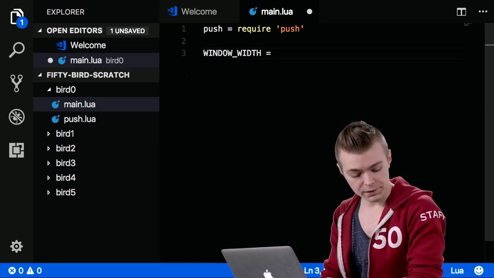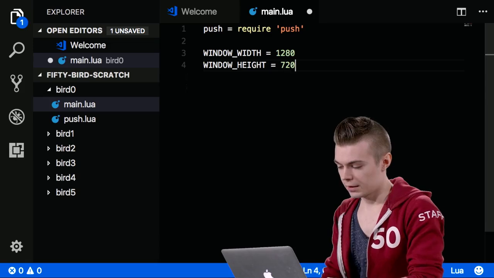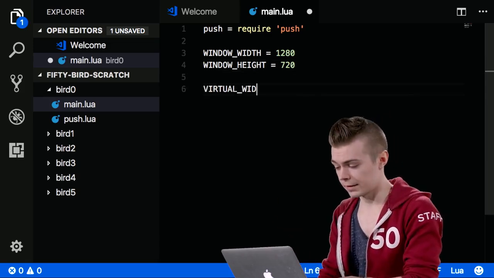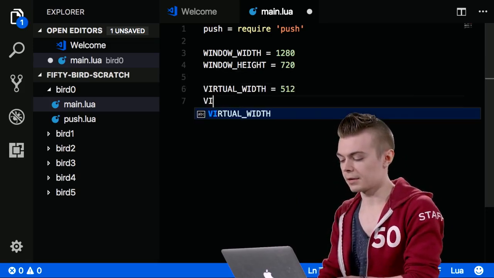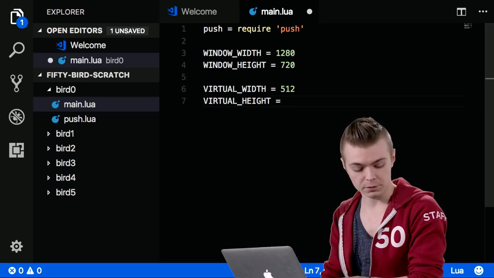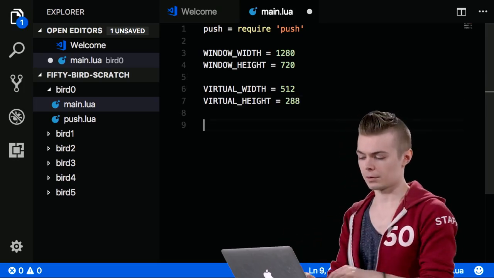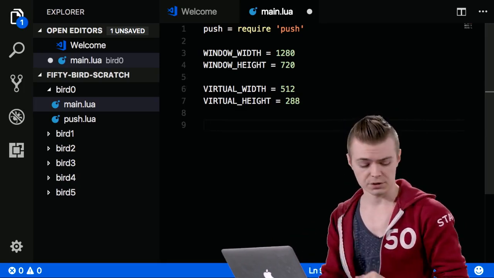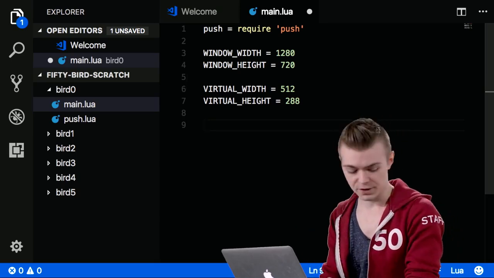The next thing, I'm going to define some constants. So window width should be 1280, and then window height is going to be 720. Those are our physical window dimensions, but then we also need a virtual width. And we're going to use 512 by 288. This is a resolution that I found worked pretty well for the assets we'll be using today. But you can make this most anything you want to, as long as it's somewhat in that range. It is a 16 by 9 resolution as well,